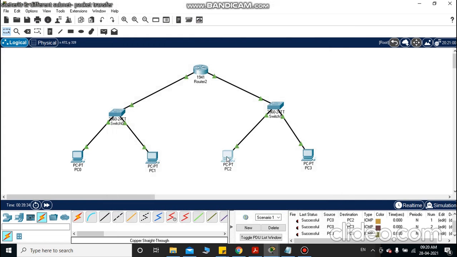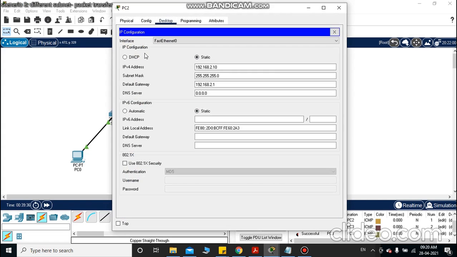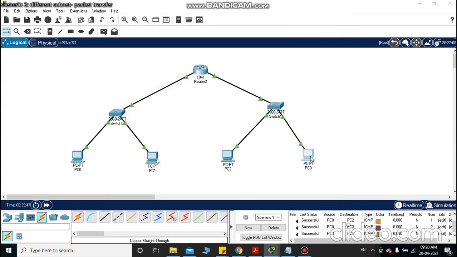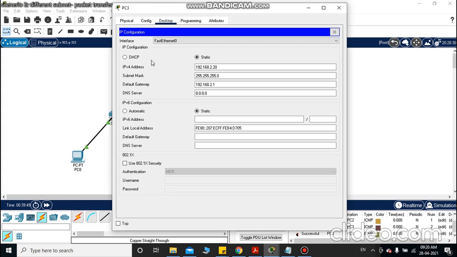For the end device PC2, the IP configuration I have given is 192.168.2.10 with the default gateway 2.1, and then PC3, the end device, has 192.168.2.20 along with the default gateway 192.168.2.1, and the interfaces are FastEthernet 0.